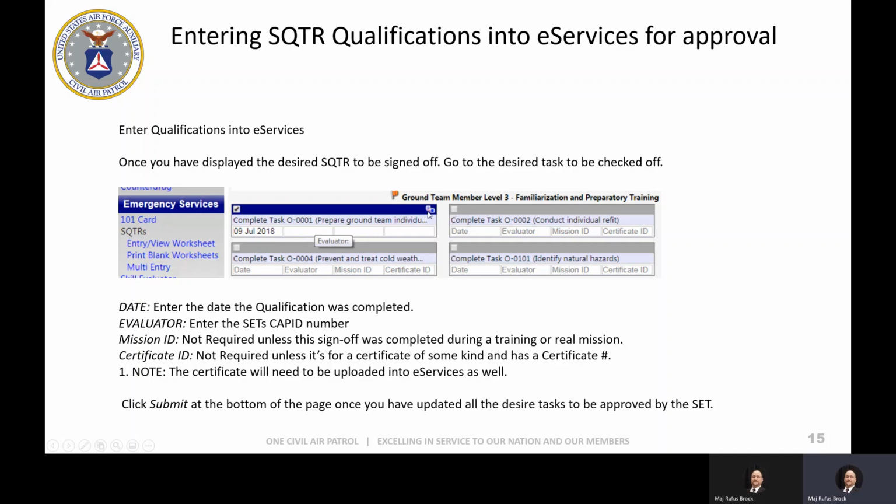And then over here in the right-hand side of this little block that's blue, what that basically is, is a copy button. You hit that, and it'll copy the information you put into the blanks in these other 3. And then you can go to the bottom of the page, it's down on the left-hand side, and click Submit. Once that's submitted,